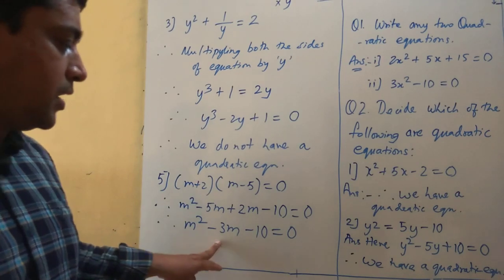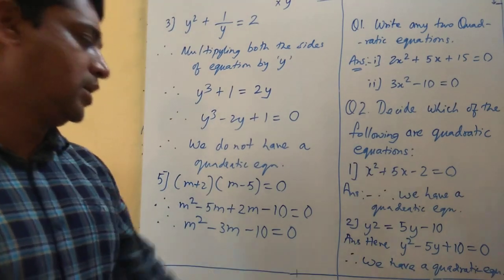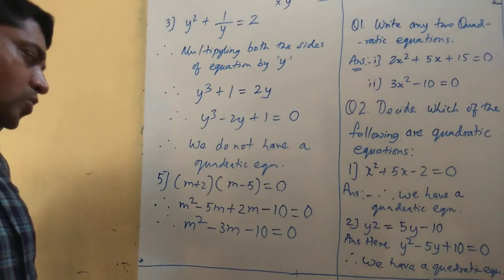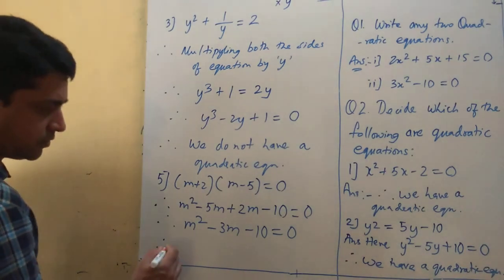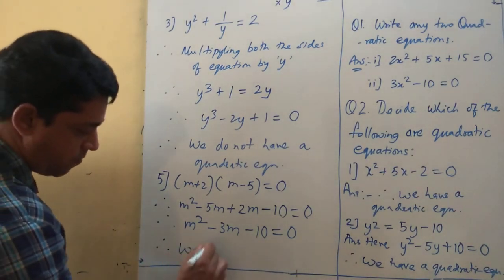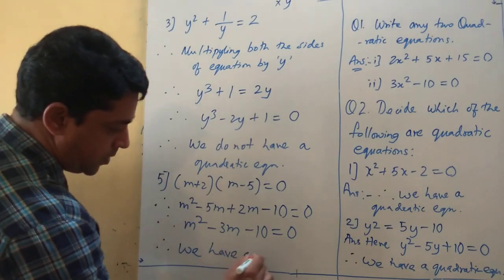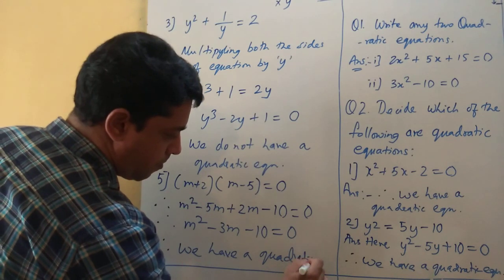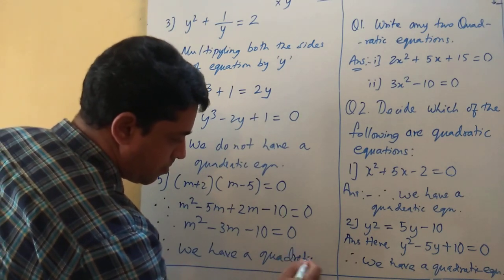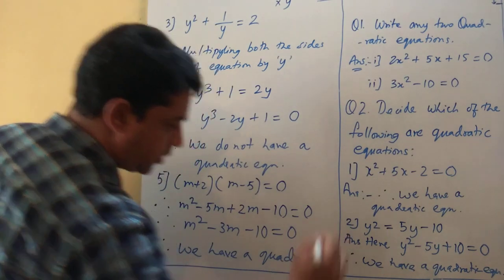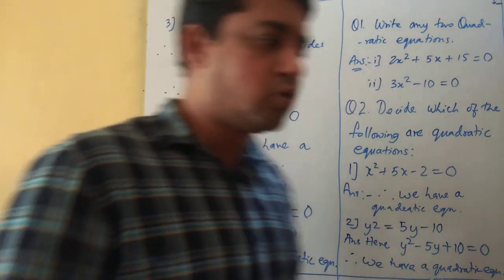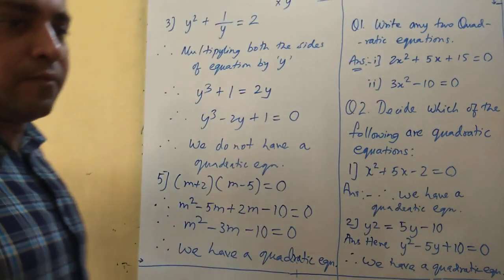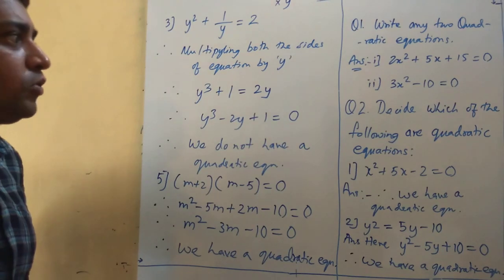M square minus 3m minus 10 is equal to 0. So therefore I can write the answer. We have a quadratic equation. Okay, so your question number 2 is also over, and we'll be completing one more question number 3 for